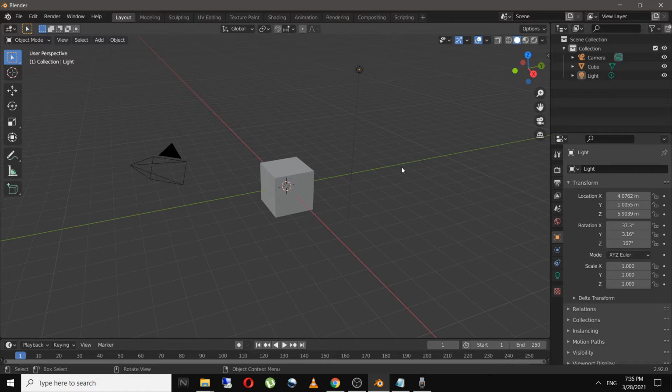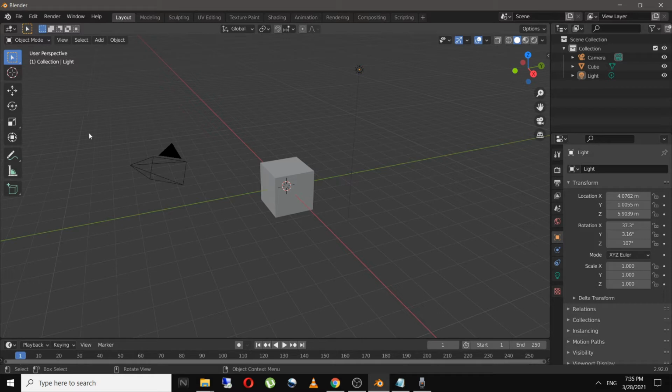You can download Blender from blender.org, and I would recommend you to download the latest version. This is Blender 2.92. You can see the version over here. And as you can see, there are a lot of sections and a lot of options. So we will dive into them one by one.